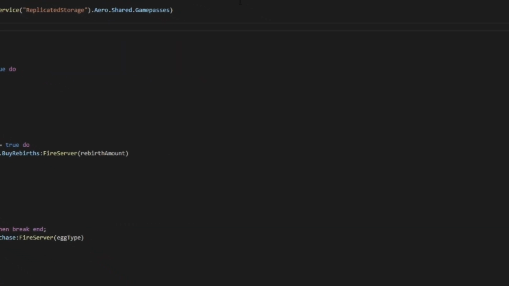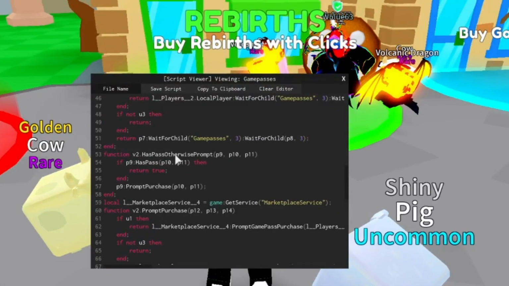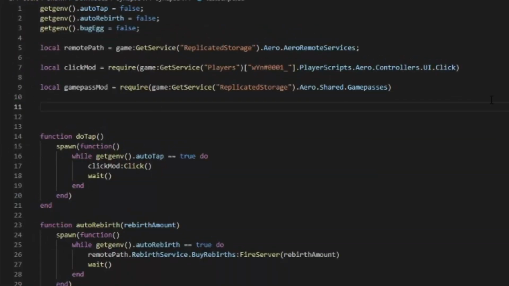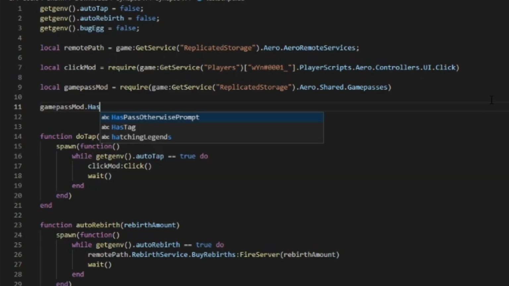Now, I want to see if we can go ahead and replace this function altogether with something entirely different. So it has pass, otherwise prompt. All right, so let's do Game Pass mod. And because we're not calling the function, if I wanted to call the function, I use the colon. But because I want to modify a function, I'm going to index it with the function name. So Game Pass mod dot, let's again make sure we got the spelling right here, has pass, oh, it already came up, has pass, otherwise prompt